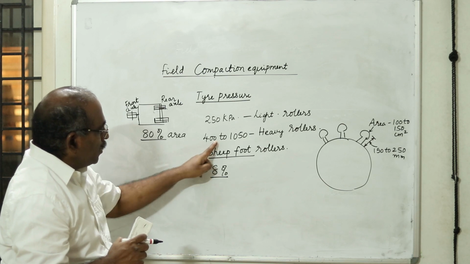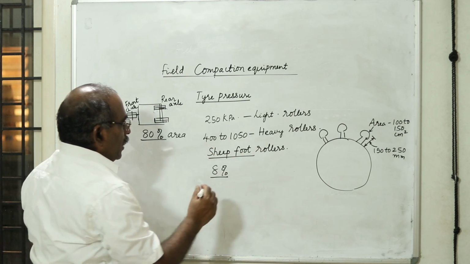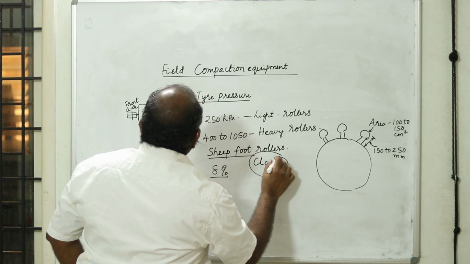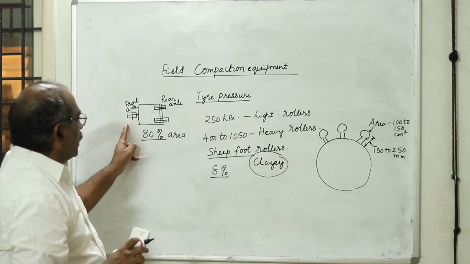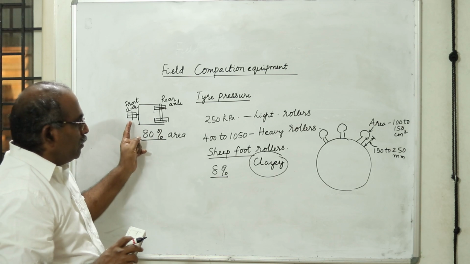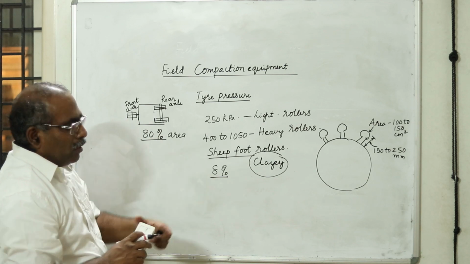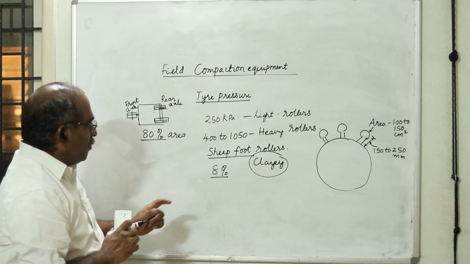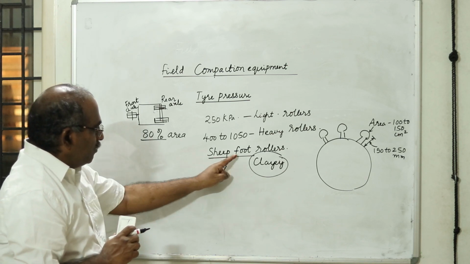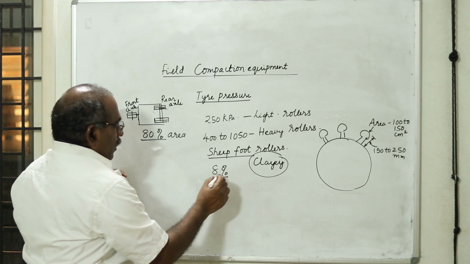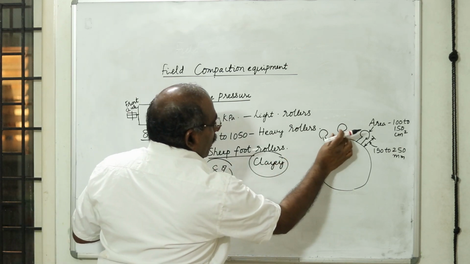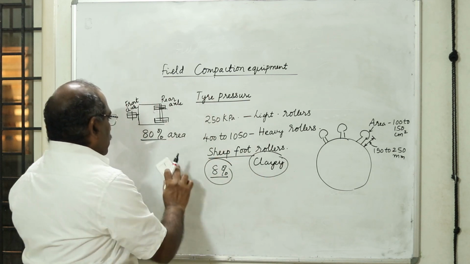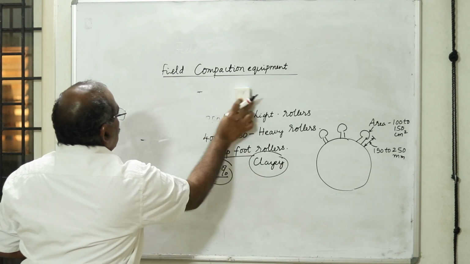Later, after compacting using the sheepfoot roller for a clay soil, especially for a clay soil, we are going to use a steel tread roller or a pneumatic tread roller. Usually we prefer a pneumatic tread roller. Then we finally run it around so that we get the final compaction. Therefore, first we do a clay soil with a sheepfoot roller. The area covered is very less because we have so much gap between the projections. These are the important aspects which you need to understand.